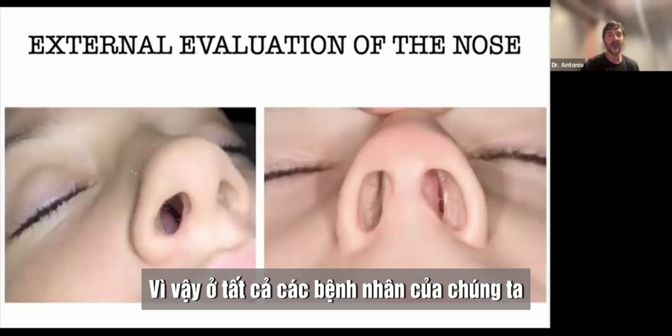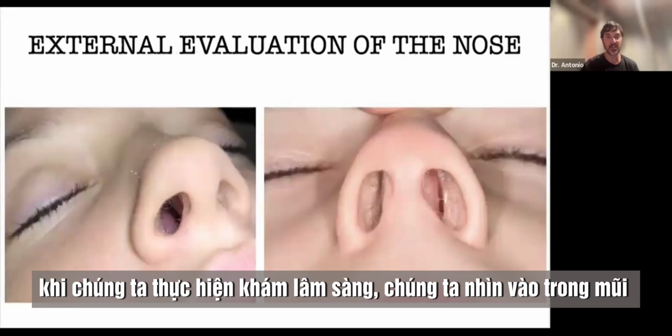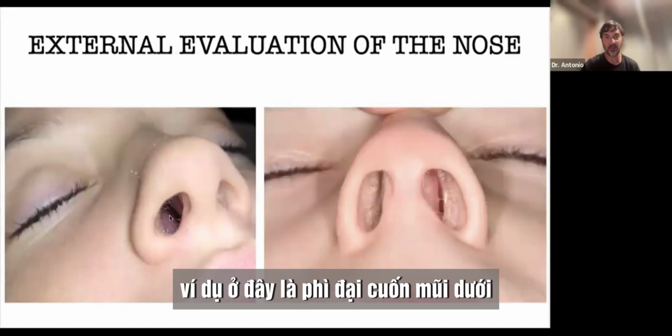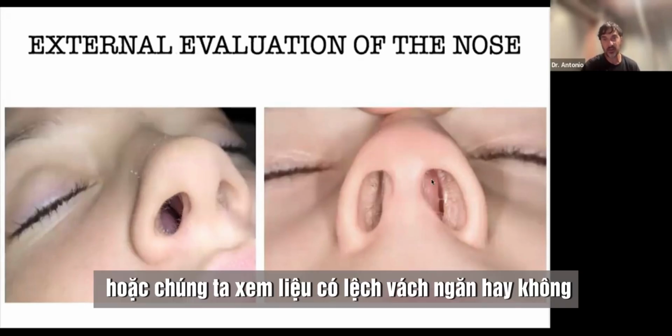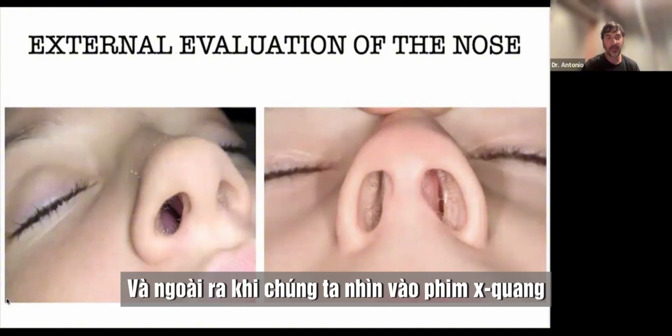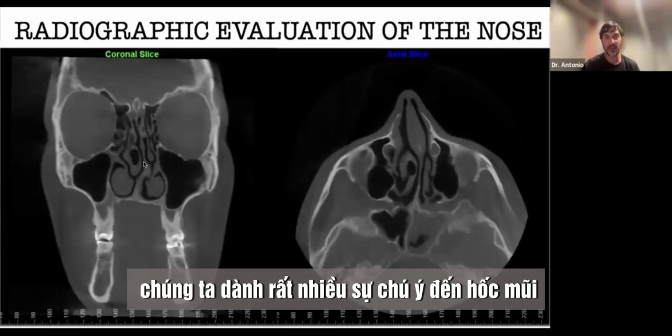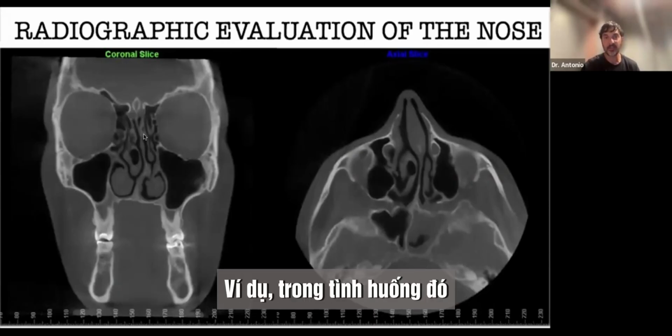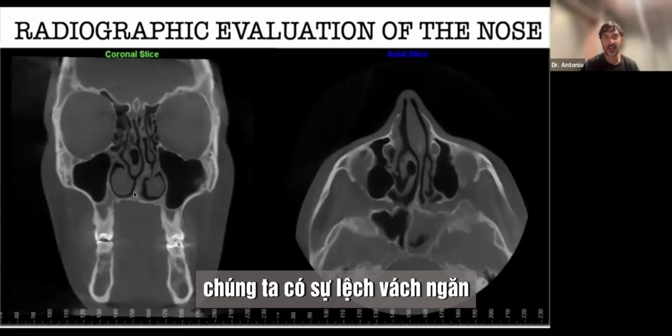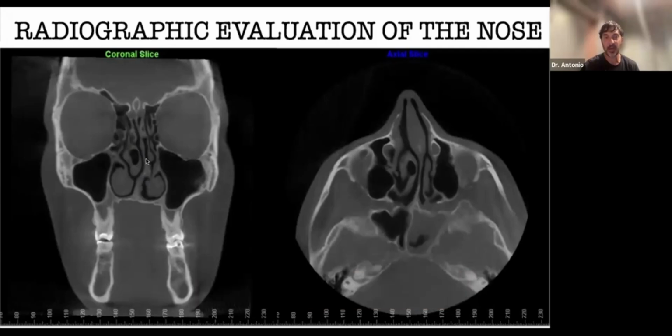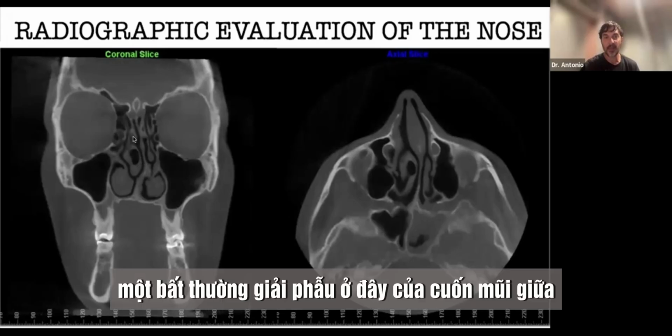And so in all of our patients, when we do the clinical examination, we look into the nose to see if there is a hypertrophy, for example, here of the lower turbinates, or we see if there is a deviation of the septum. And also if we look at the radiographic examination, we pay a lot of attention to the nasal cavity. For example, in that situation, we have a deviation of the septum, mainly due to an anatomical abnormality